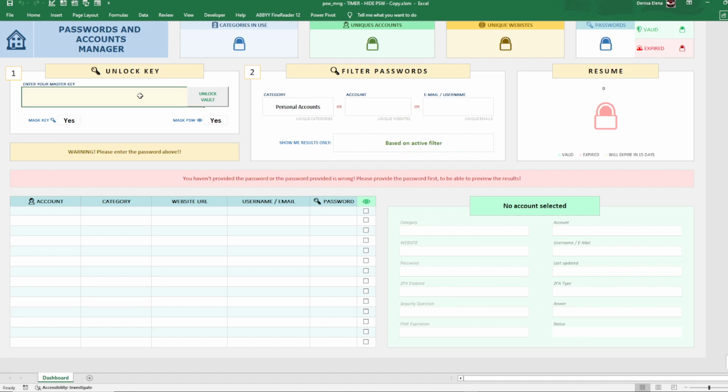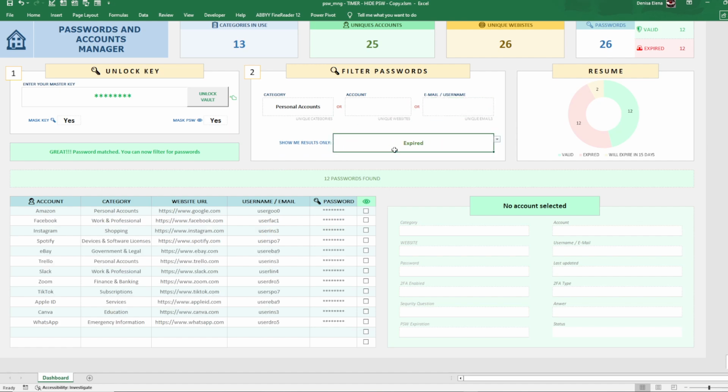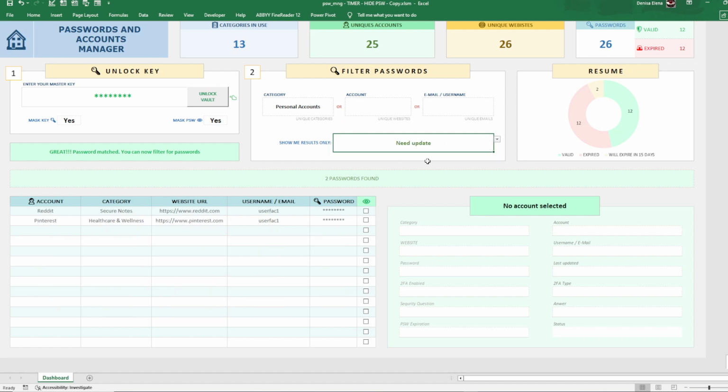What options do you have? First time you have to enter your password. Once you enter your password, you'll be able to preview all the statistics: categories in use, unique accounts, unique websites, how many passwords are valid, how many are expired, and also the number of passwords that will expire soon. You'll have the option to filter the results based on category, account, email or username, or just to preview all the expired passwords or the ones that are about to expire. Okay,